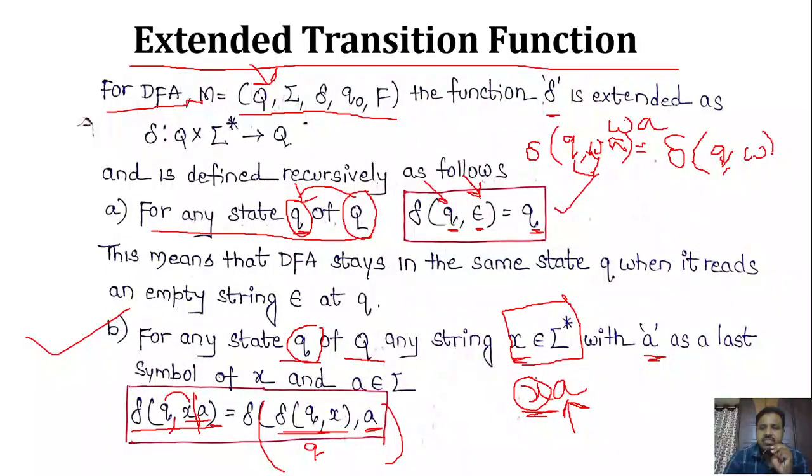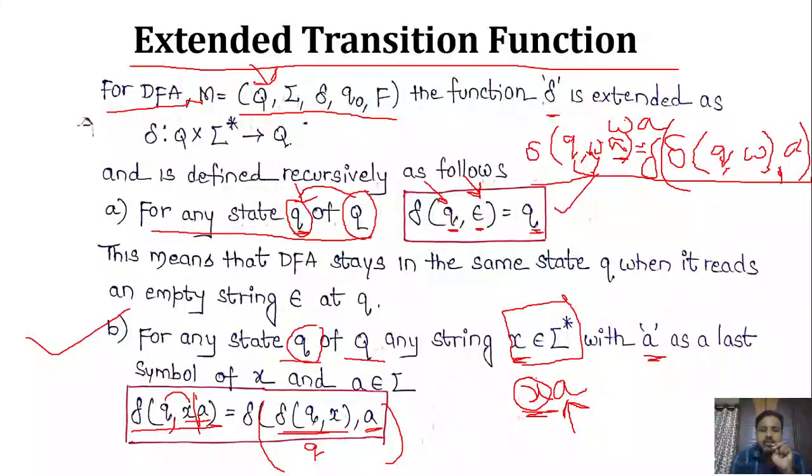Okay, so for the first part we have applied the transition from q on input w, right? So whatever the state you get, the resultant state, you need to consider that resultant state and the remaining input. What is the remaining input? a. So on that remaining input, you have to apply the transition. So how do we represent the transition? Delta. So see here. How we have written delta of q comma w comma a, the whole transition delta. Okay, so in this fashion you need to represent this extended transition function.